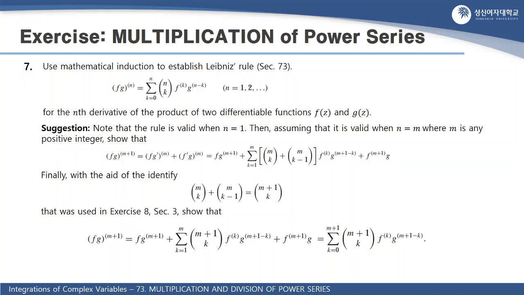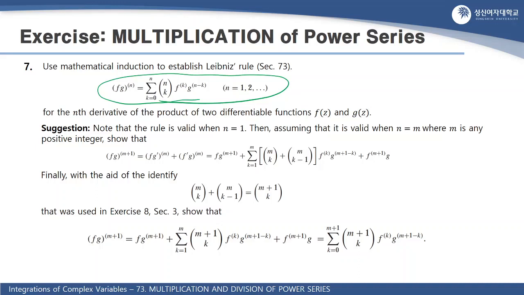Use mathematical induction to establish Leibniz's rule, given by this, for the nth derivative of a product of two differentiable functions f(x) and g(x). The problem suggests some clues. Note that the rule is valid when n is equal to 1. Then, assuming that it is valid when n is equal to m, where m is any positive integer, show that